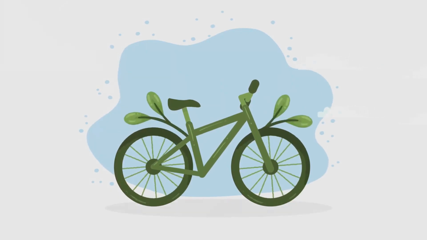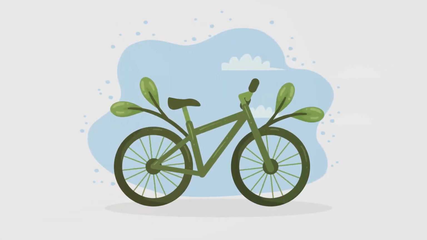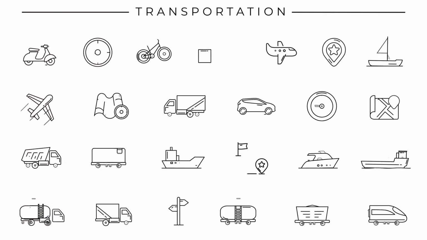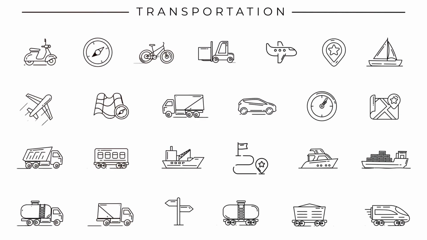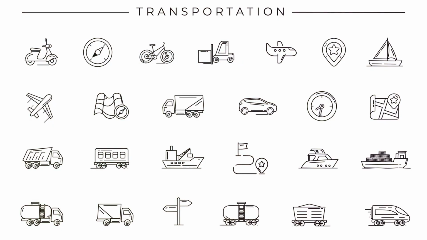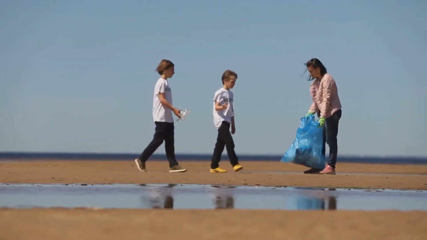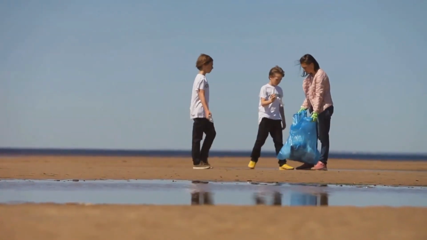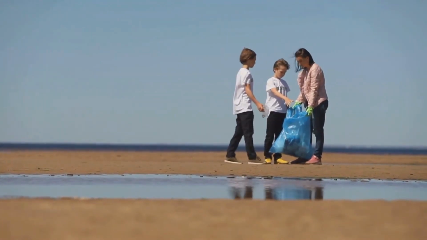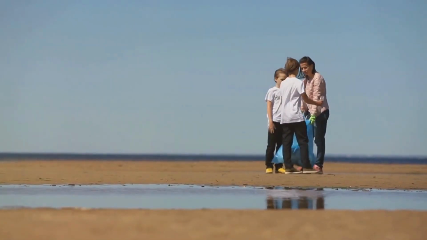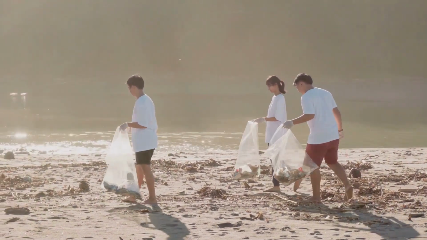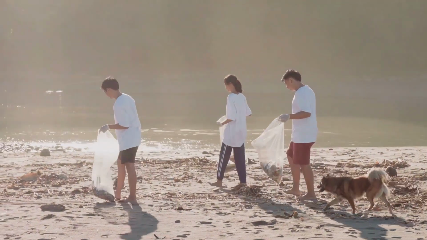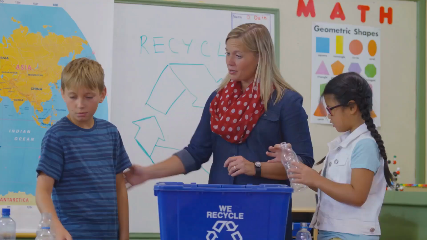For instance, many cities are now promoting public transportation, carpooling or cycling as greener alternatives to driving. This not only reduces traffic but also cuts down on the amount of exhaust fumes released into the air. Moreover, numerous organizations are dedicated to cleaning up our oceans and rivers, protecting endangered species, and promoting sustainable farming practices. They are all part of the global effort to control pollution and preserve our environment for future generations.